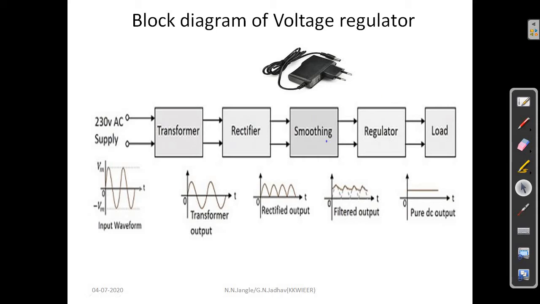However, it also rejects any AC ripple voltage that is not removed by the filter. The regulator may also include protective devices such as short circuit protection, current limiting, thermal shutdown or overvoltage protection. So these are the most important four blocks of the voltage regulator circuit, in which a rectifier plays a very important role, which converts the sinusoidal AC voltage into pulsating DC voltage. Let us see the different types of rectifier circuits.